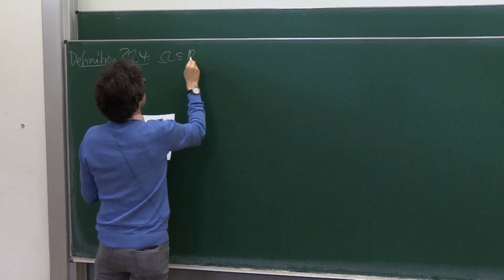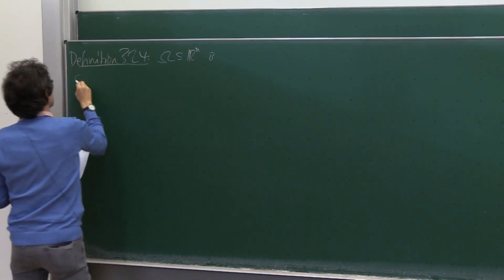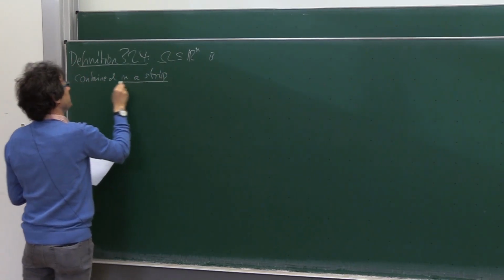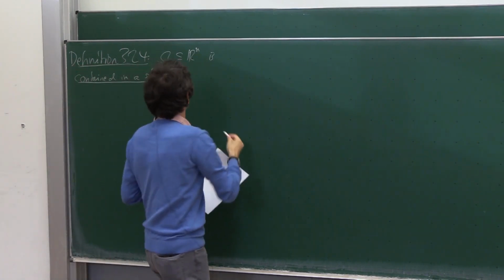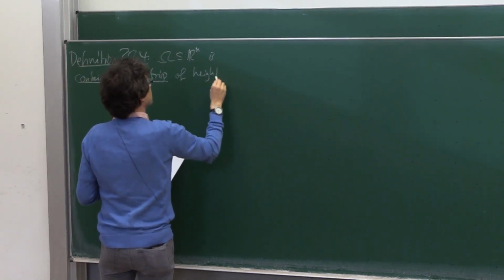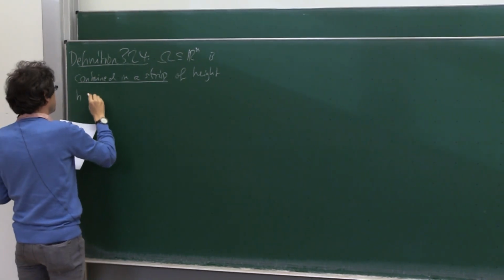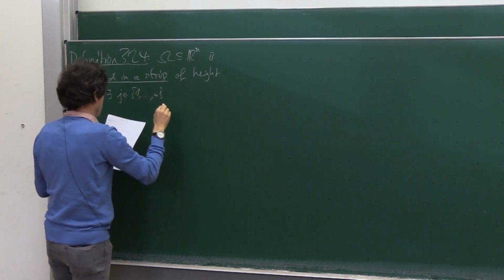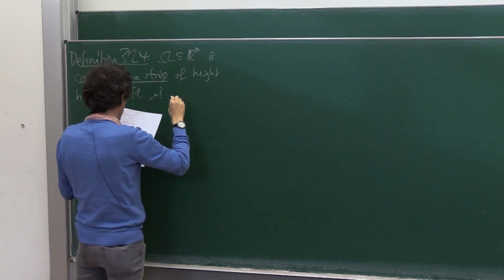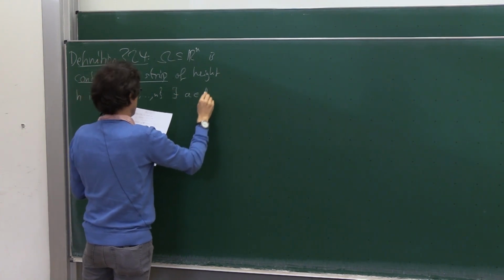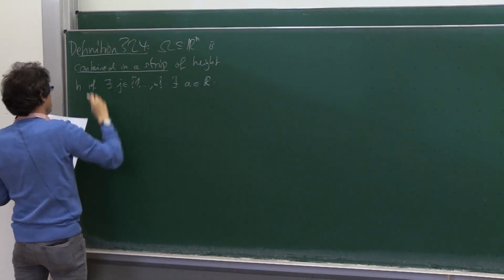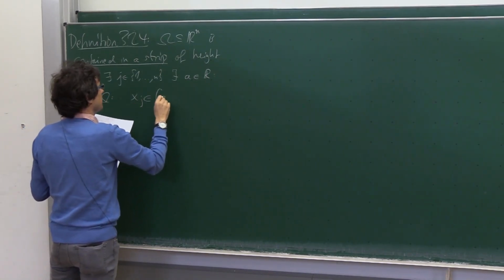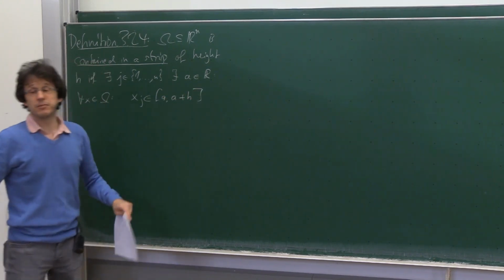We say that an omega in Rn is contained in a strip of height h if there is some coordinate direction j between 1 and n and there is a number a in R such that for all x in omega,